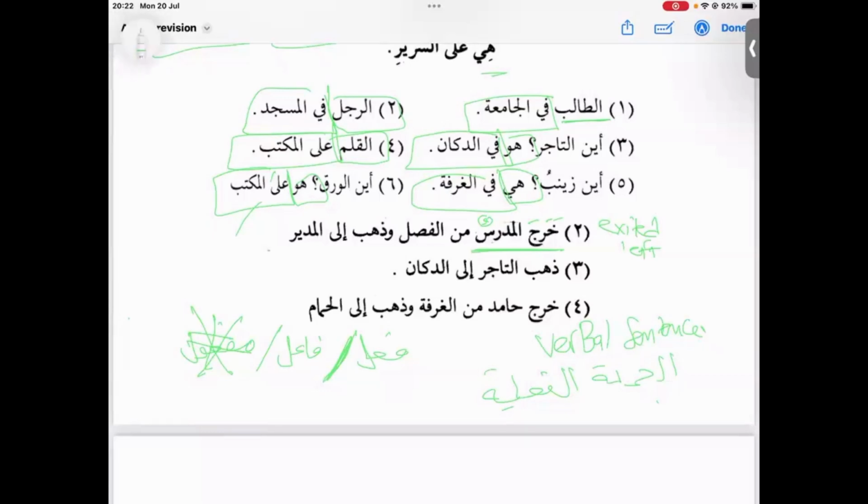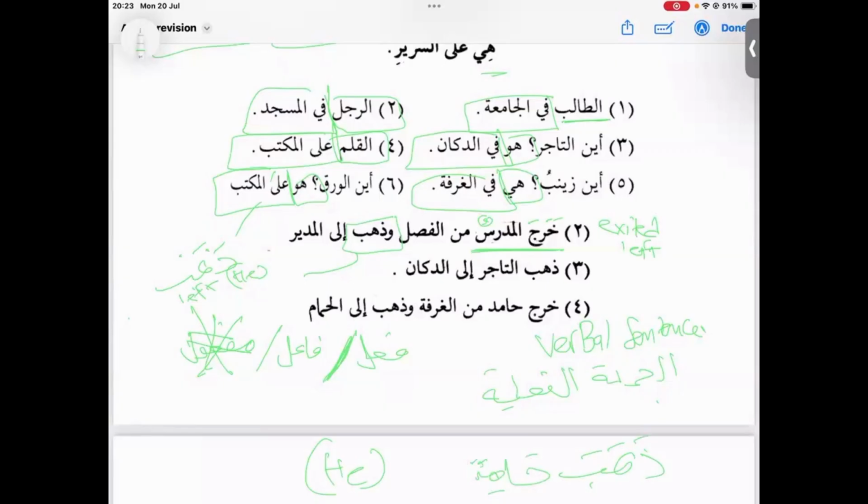خرج. أين أحمد? Then you can say خرج من المسجد. He left the masjid. So خرج المدرس. وذهب. Now ذهب is a verb, but every verb contains a he. ذهب, he left. So that is also a complete sentence. If you respond by saying ذهب, that's a complete sentence because ذهب has a built-in pronoun, he. Obviously, if you add the name of someone after it, you say ذهب Hamid,